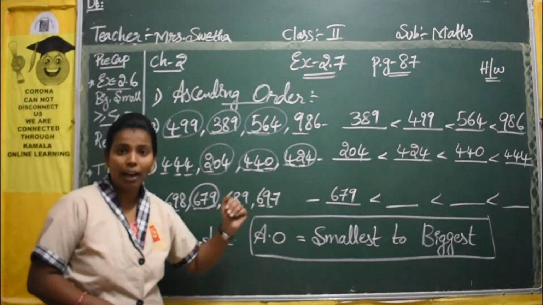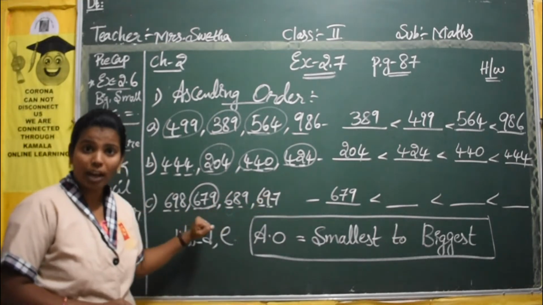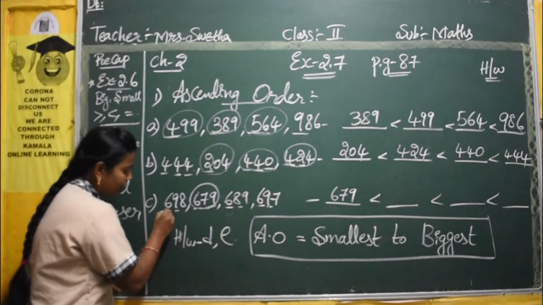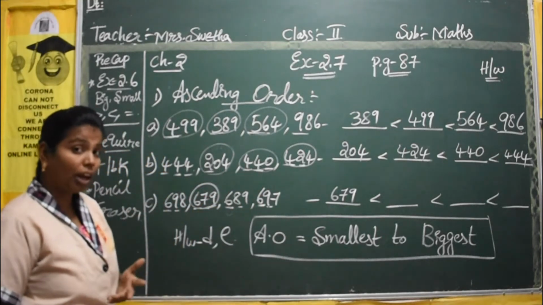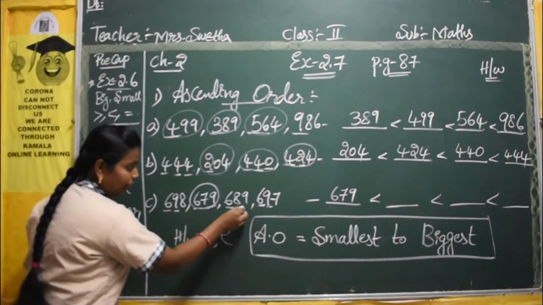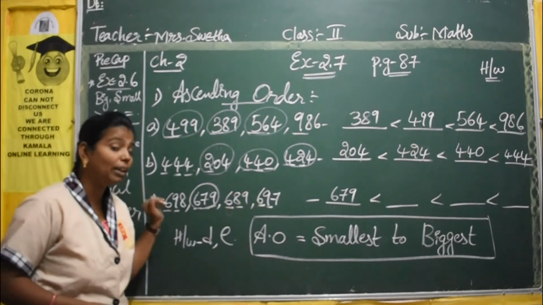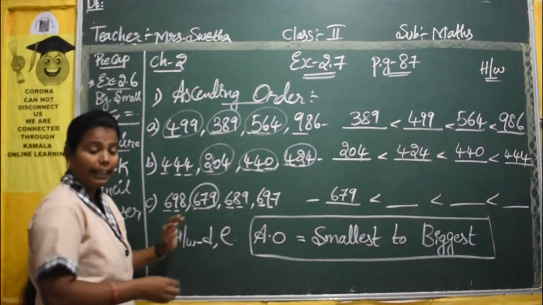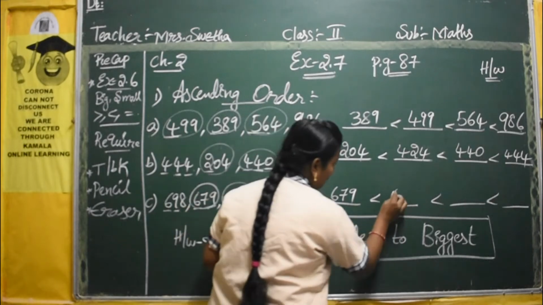Next set of number we have to write now. So what is the next set of number? Again, from the 3 set of numbers you have to check which one will come in the second place. Okay. See, same 6, 6, 6. So all the first digits are same. So what you have to do? You have to move to the second digit. What is the second digit? 9, 8, 9. So from these 2 9s and 1 8, which one will become the smaller one? So it is 689. So 689 will become your second set of numbers.